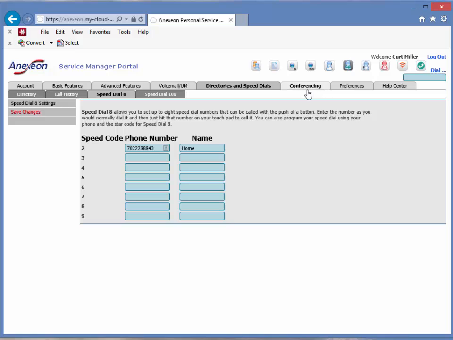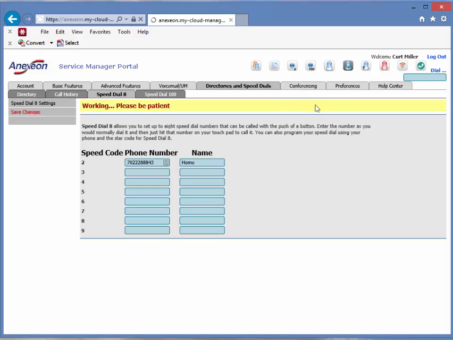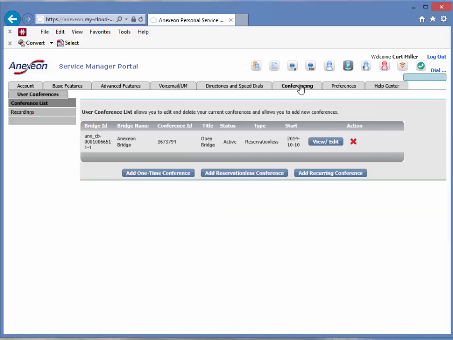If you have been assigned as a conference bridge administrator, and there's normally only a few in each company, you have the ability, this tab will show up, and you have the ability to create one-time conference bridges on your bridge, reservationless ones, which means it's just an open bridge that's available all the time, or recurring ones, which means like if you have a sales meeting every Tuesday morning at 10, you can have a bridge that becomes available